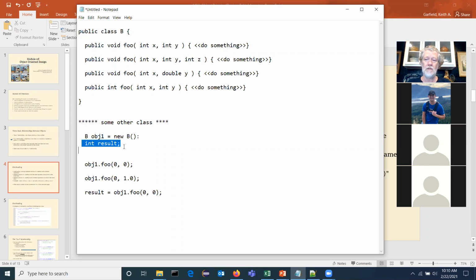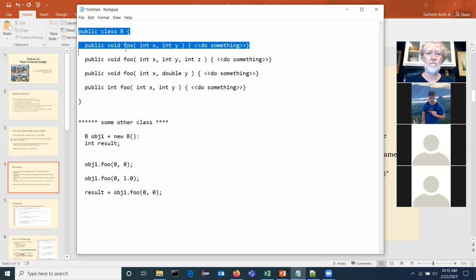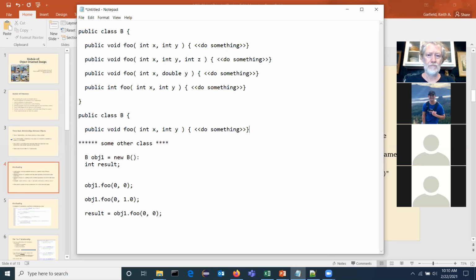So, Professor, what if you had 2 classes that called 2 integers? Which one would it pick then? Or would you ever have that, really? Give me an example. Let's say you just had 2 of these in a row with 2 different integers. I guess it would override it, wouldn't it? If you had 0, 0 and like 5, 5? Oh, yeah.